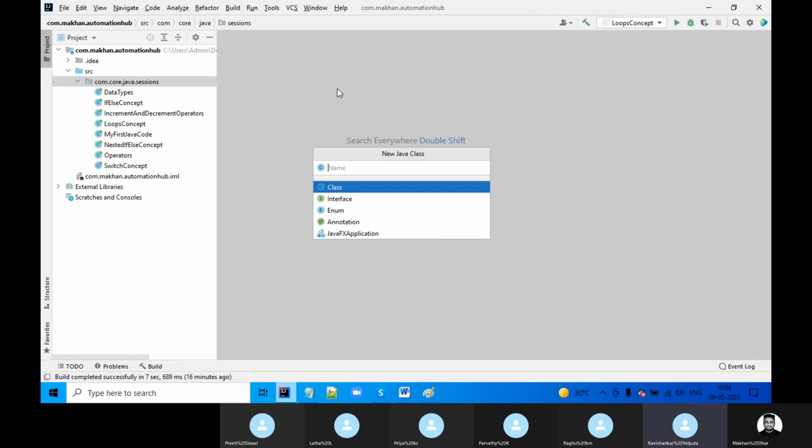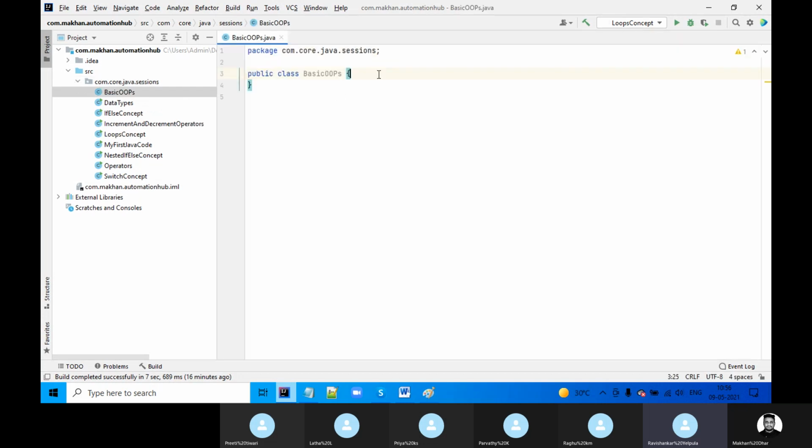Yeah, sure. So meanwhile you create, guys. What is a method? A method is an executable block of statements, guys. It is where the actual task takes place, where the actual work takes place. That is nothing but the function we call in C++, and here in Java we call it a method. So a method is a place where the actual activity is performed. This is the main method. Can you see this? Makan is writing the main method now. The main method is nothing but one of the methods, and it is where the execution starts.